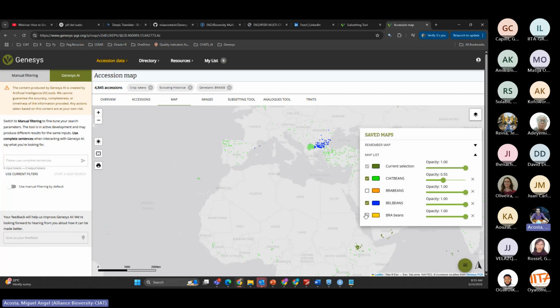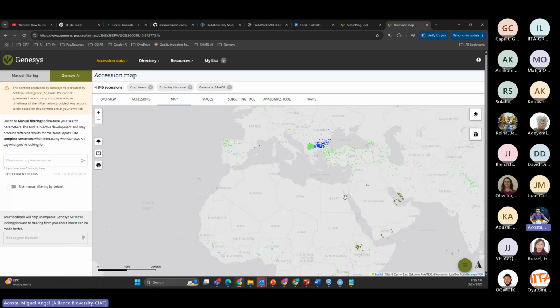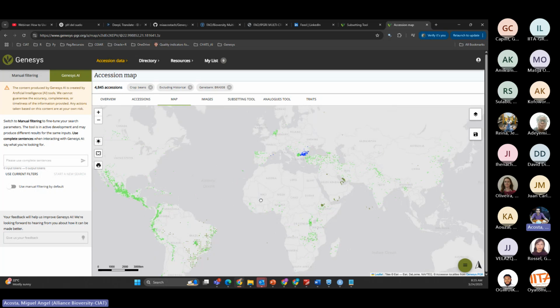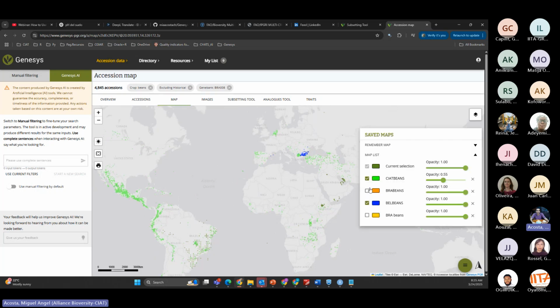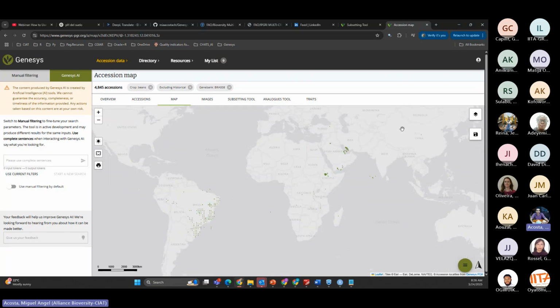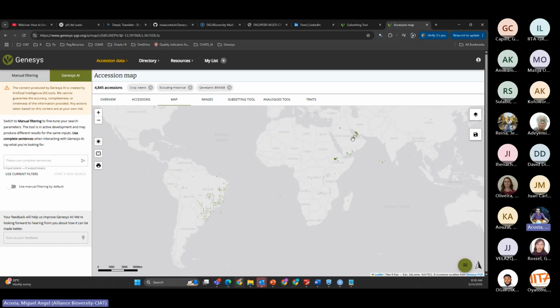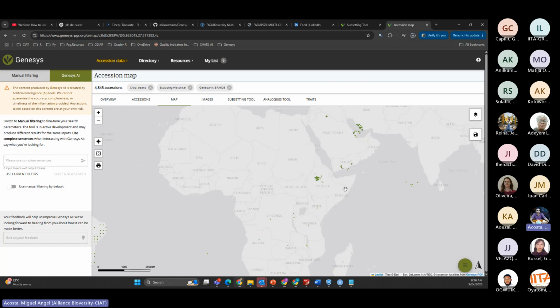We have other BRA beans, and when you select your accession, you can download maybe only BRA accession. You can go to this circle and download the KML. You can download. This takes a little time, but this is just a few accessions. It's so fast. And you can open it on your PC if you have a specific program. In this case, I have Google Earth. You click,